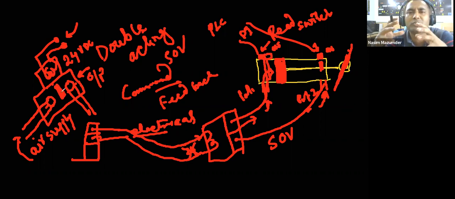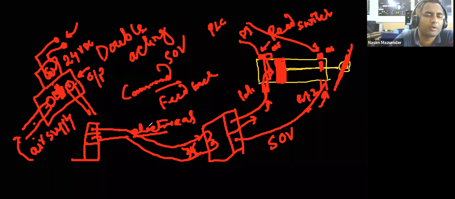This is definitely a solid state design. If you open the solenoid valve, you will get some kind of small ball or small plunger. It will attract it downward, upward or sideways, and accordingly the port will be open. There will be a lever which will move inside, and this port will open. So your supply air will be coming to this port, and it is going wherever it is required.